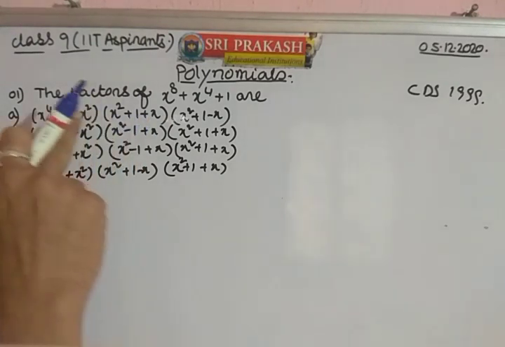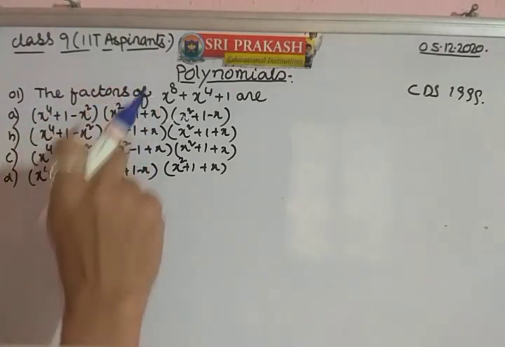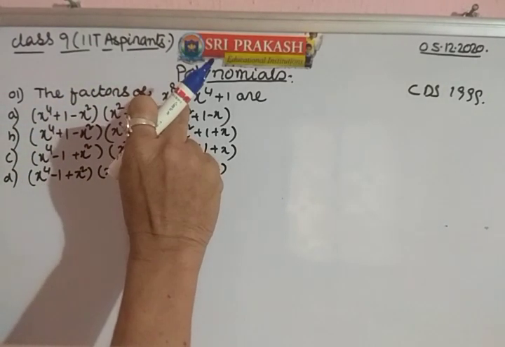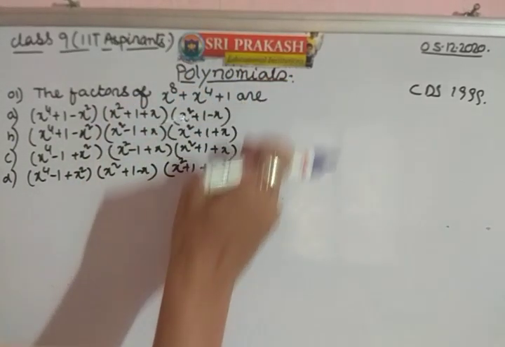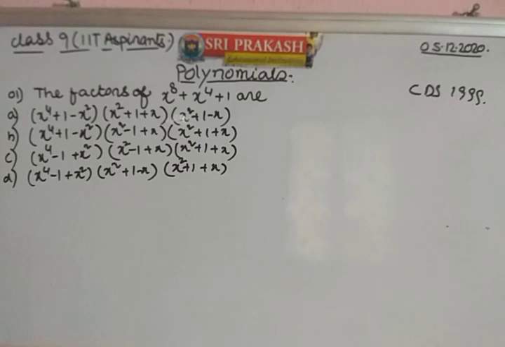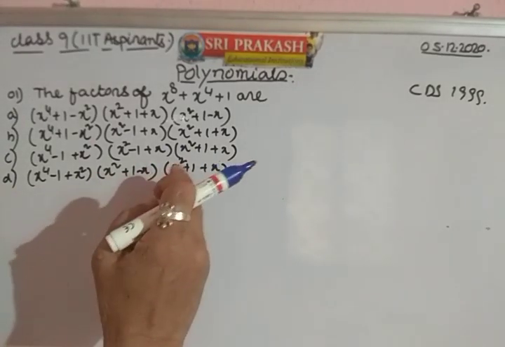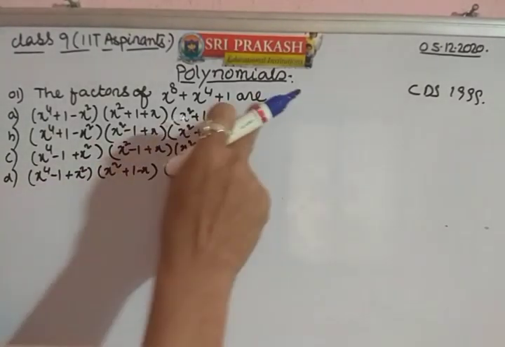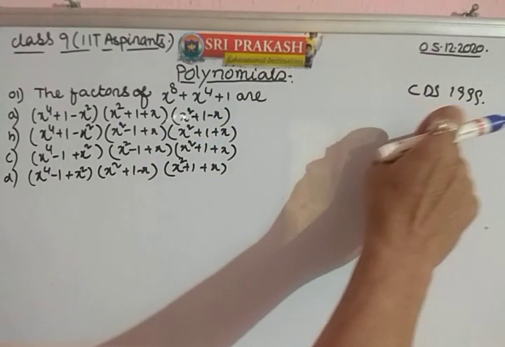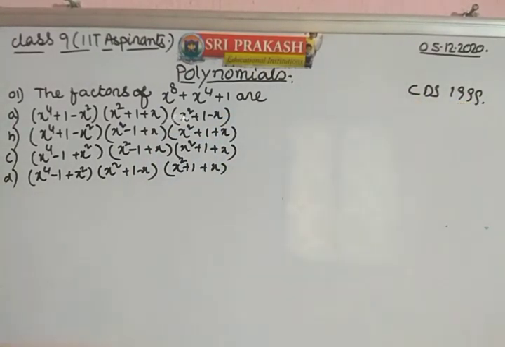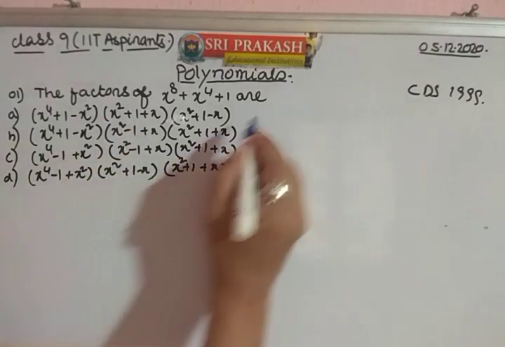Your first sum is: the factors of x to the power of 8 plus x to the power of 4 plus 1 are, 4 options are given. So you have to find which one is the right option. This question was given in the CDS exam 1999. Clear? So let us take